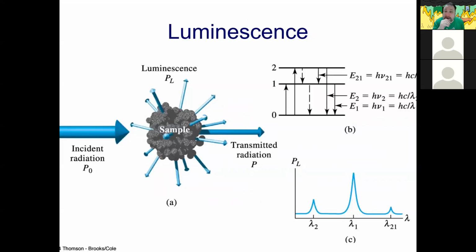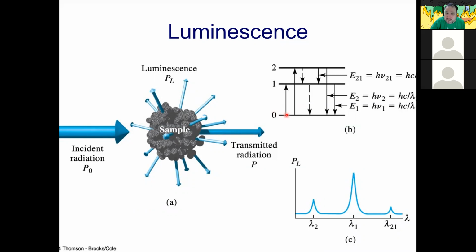Right, so luminescence is another kind of way that light can be emitted from matter. So luminescence is not going to rely on thermal radiation necessarily. Oftentimes it's going to rely on an incoming photon being absorbed and then having that energy re-emitted as another photon. And so here we've got our Jablonski diagram where